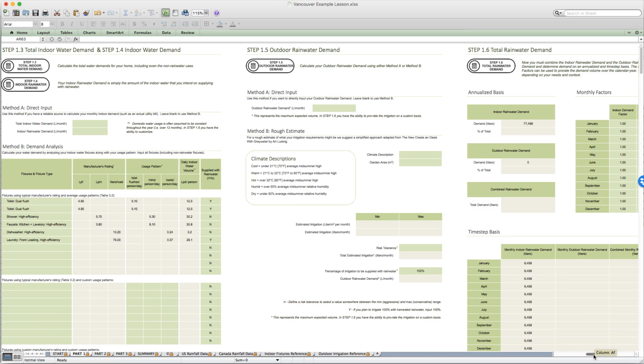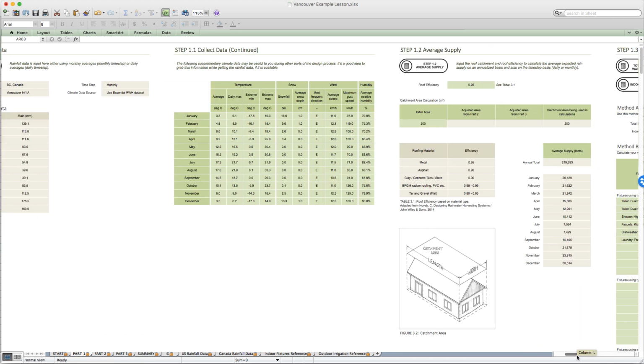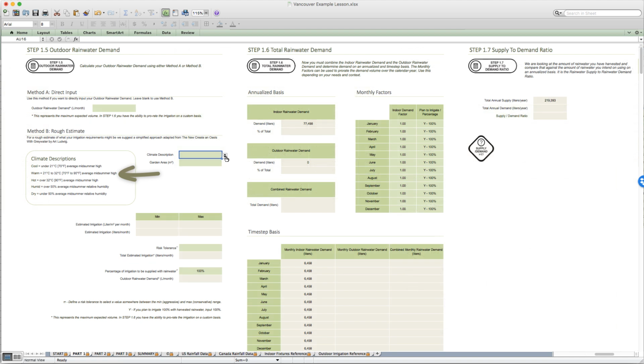They plan to irrigate their 100 meter squared backyard garden with rainwater. Because the midsummer high is between 21 and 32 degrees C, and the average midsummer humidity is above 50%, from the climate descriptions, they can see that they would be classified as warm humid. They input their garden area of 100 meters squared, and the tool calculates an estimated minimum and an estimated maximum